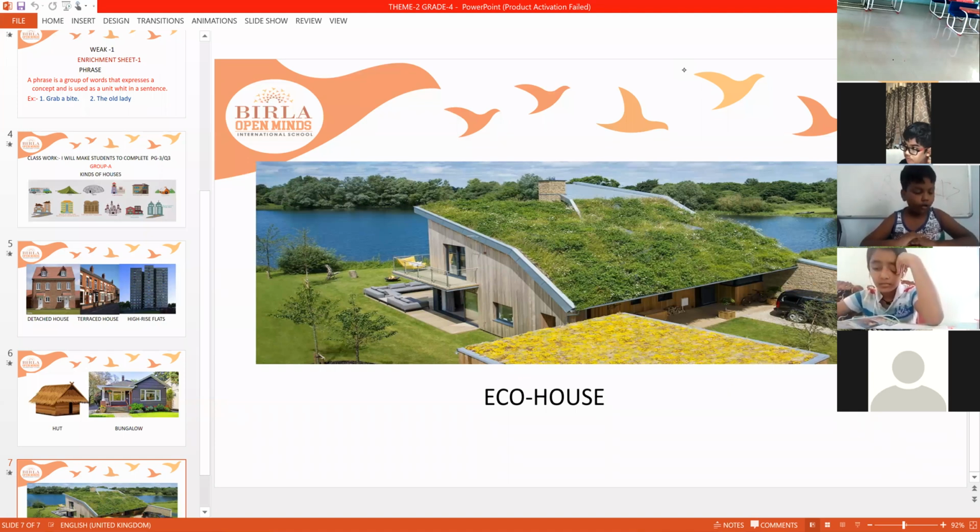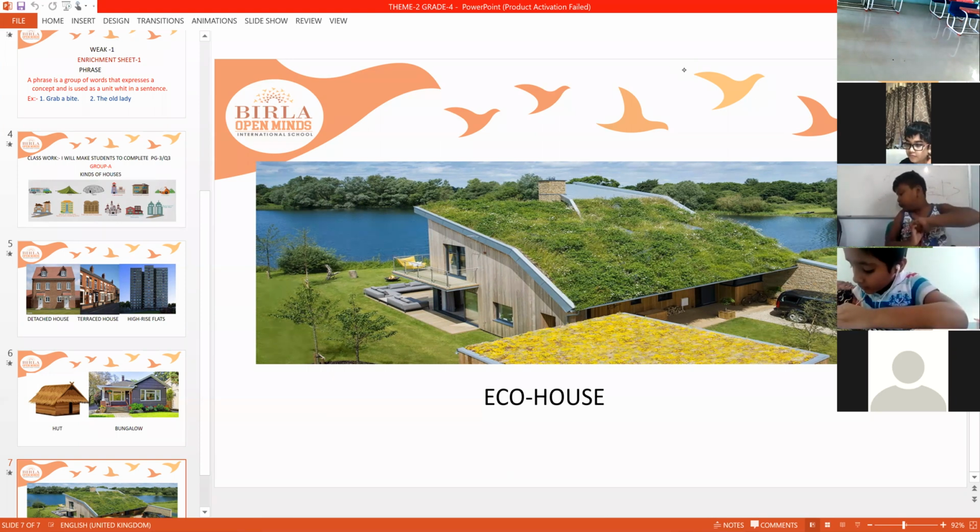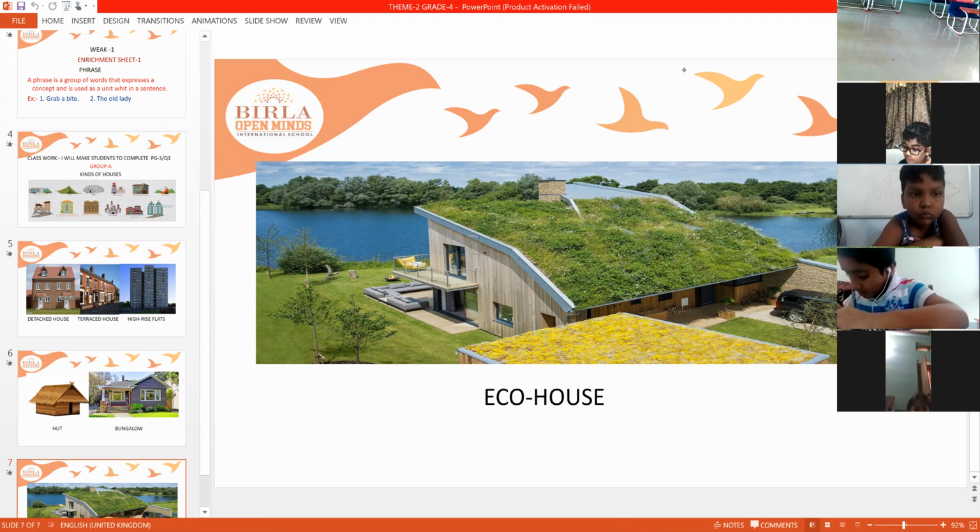Roof is made of wooden beams from trees. The roof, we call it a slab here. Yes? The roof is made up of wooden beams. Big blocks of wood they have placed on the top of the floor. And they have covered the top with leaves. Big leaves. Isn't it so beautiful? You want to make such a house? Will you make such a house, an eco-friendly house?